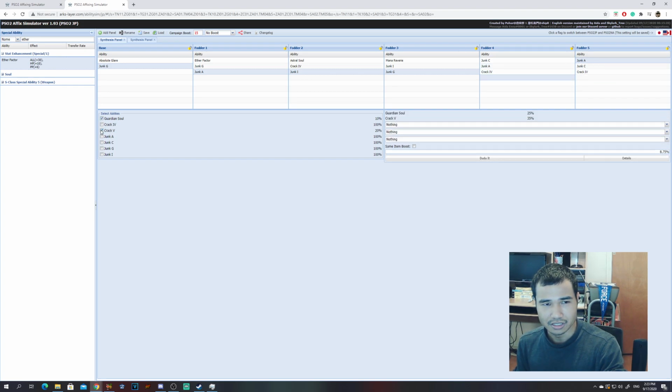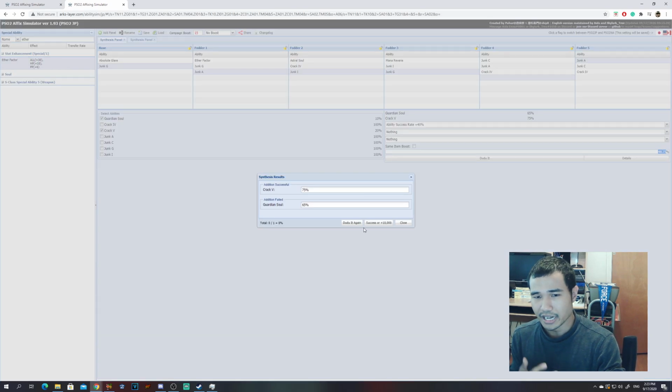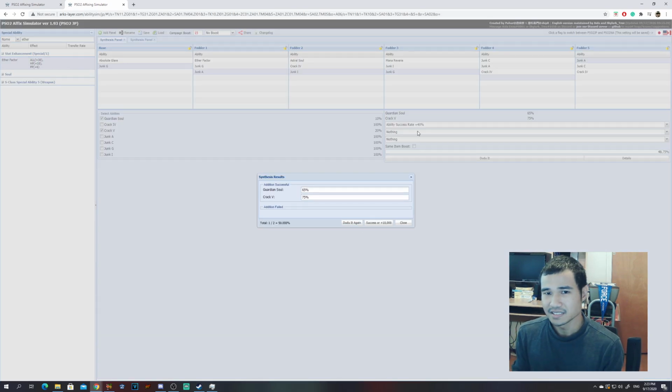And then guess what? You can just do something like this. With the 50% boost and you using a 40%, your chances are 65 to 75. And guess what? Using what I stated with the ability transfer process, now you have something that fills up 2 of these slots, like Guardian Soul and Crack 5. Use a pop item, you can use Grand Power, use a pop item again, get the Mark ability, use a pop item again, get a grade 6 ability,